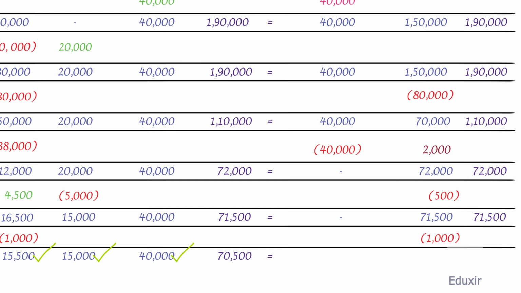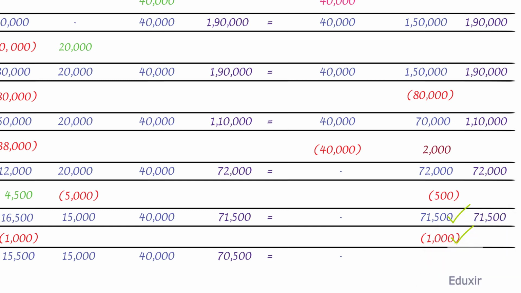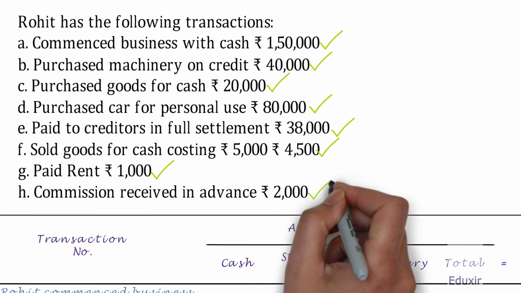On the other side, there is no change in the liability. Subtracting 1,000 from the existing capital of 71,500, the business now has a capital of 70,500. The sum of the liabilities and the capital would be 70,500. That covers the 7th transaction. The 8th transaction is